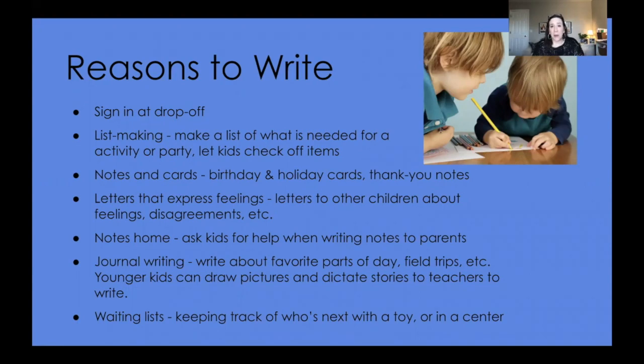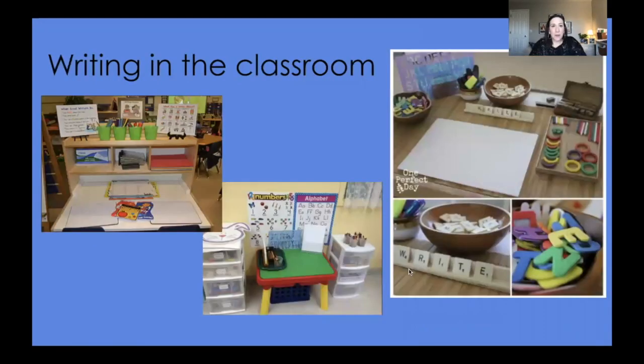Journal writing, write about favorite parts of the day, field trips. What you can do is have younger kids draw pictures and then tell you what they've drawn, and then you write it down, right? And they see you writing it down. They see you making those letters. Having waiting lists in your centers, it's important too. Writing in the classroom. Okay, these are a bunch of opportunities that kids have in these classrooms for writing,